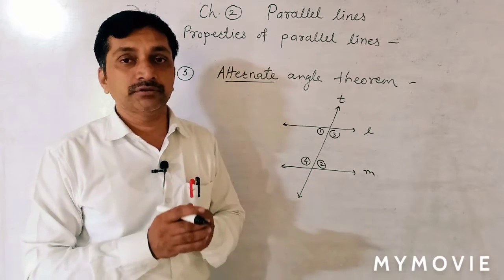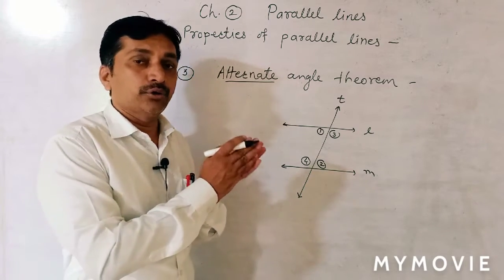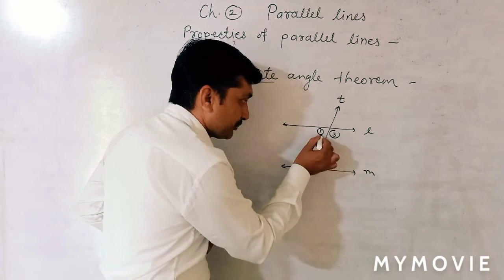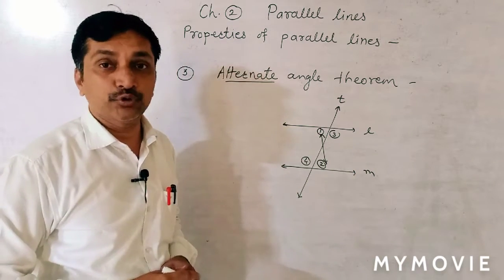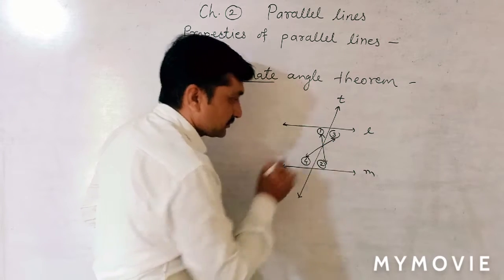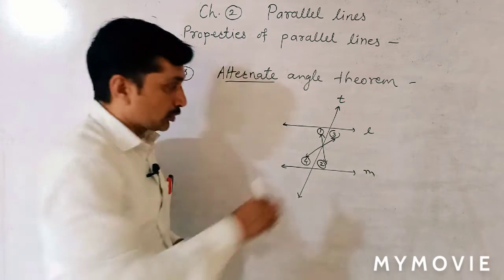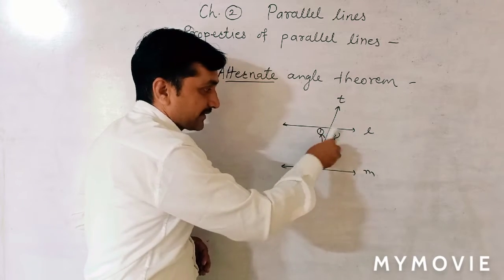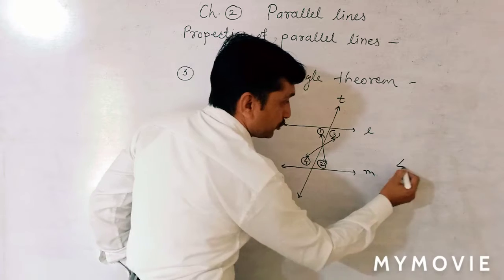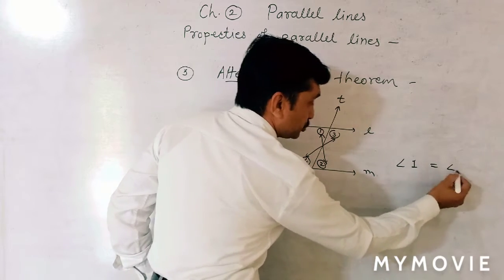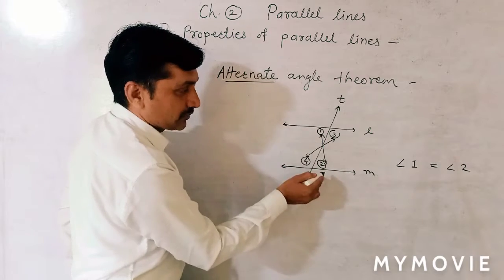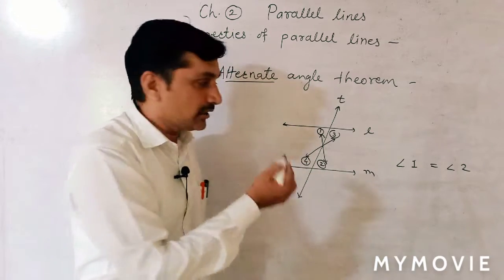Alternate angles lie on opposite sides of the transversal, in this way. This is the pair of alternate angles, opposite, right and left, and the second pair is this, right and left. A cross, an X, is formed there, and these are congruent, meaning angle 1 is equal to angle 2. See, 1 and 2 are on opposite sides of the transversal, one angle on the right, the second angle on the left.